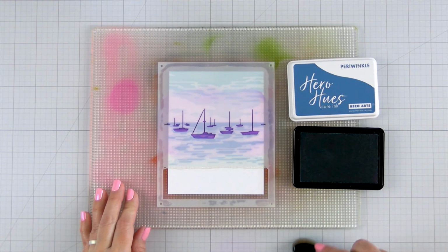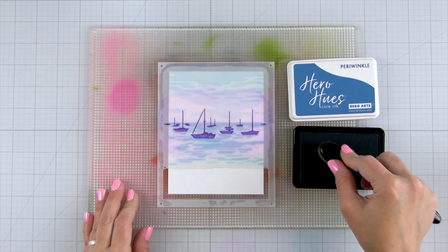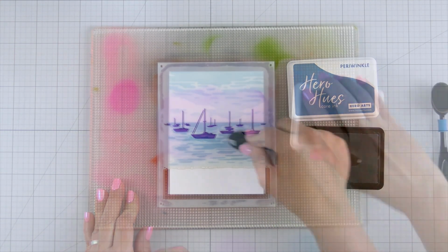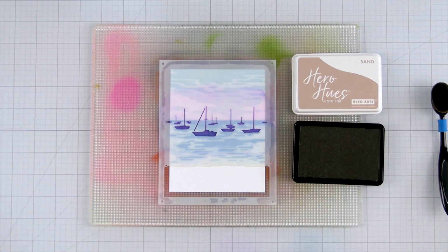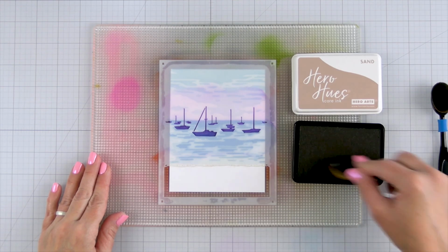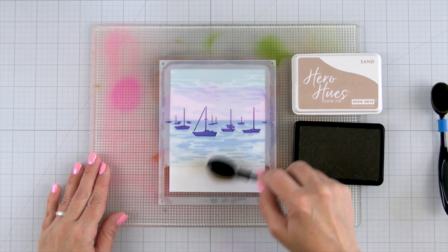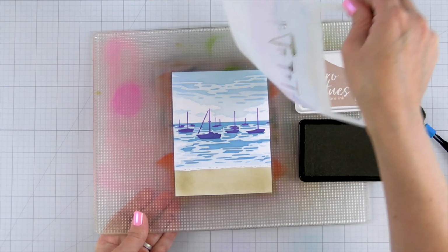Why? Because I want to darken up the bottoms of my sailboats. Not too much. I'm just going to lightly bring in that periwinkle and darken up the bottoms of those boats. It helps create some interesting visual depth to the stenciled image. Now I'll bring in my sand again, and starting off lightly, then building up the color all along that bottom portion, being careful not to go too far up because I don't want to pull any of that blue down